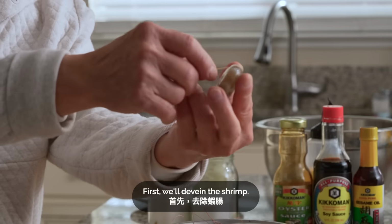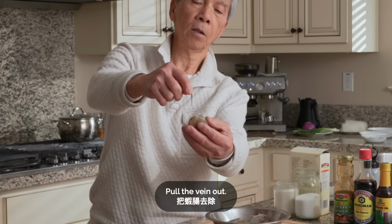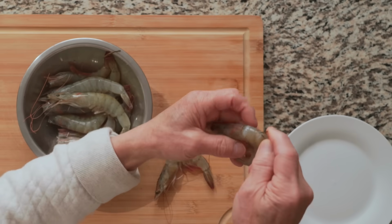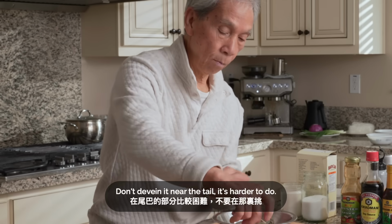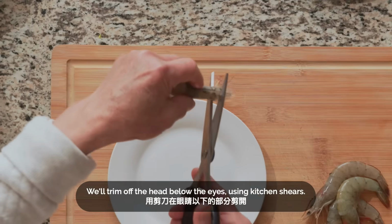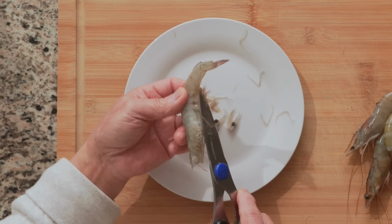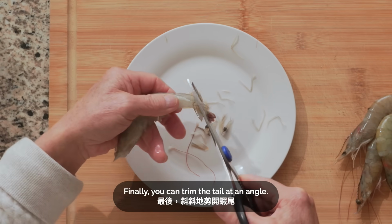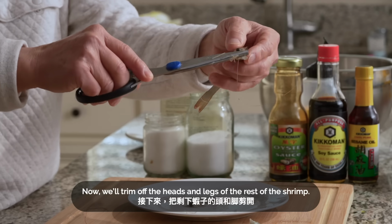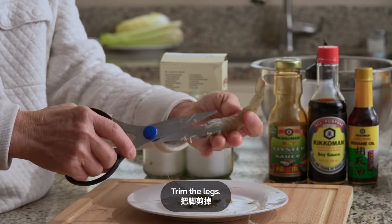首先咧，將佢去咗腸先，喺個頭至落去第二節嗰度，將佢挑落去，用牙籤就得啦。將蝦腸除咗佢，第一節、第二節都冇問題啦。就唔好喺佢尾度，佢尾度就難除啲啦。 After deveining the rest of the shrimp, we'll trim some parts off. 用鉸剪喺個蝦嘅眼下邊咁剪咗佢，跟住個蝦腳除咗佢。最後咧就喺個蝦尾度斜斜地剪佢，或者你唔剪都得，剪咗就好似靚啲，蒸嘅時候個鳳尾咁叉開。 Now we'll trim off the heads and legs of the rest of the shrimp. 呢個尖會篤親㗎，剪咗佢，剪腳，除腳，剪尾。